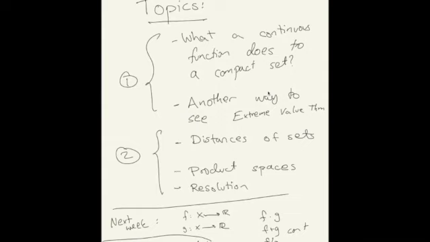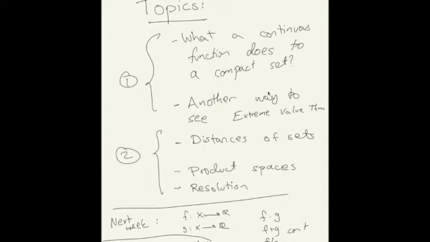So a rough outline of what we'll do: there'll be two parts of this lecture. In part 1, we talk about what continuous functions do to compact sets, and we'll lead up to that with a motivation. Then we'll state a theorem to answer that, and we'll prove that, and then discuss a little bit how that theorem can be used to